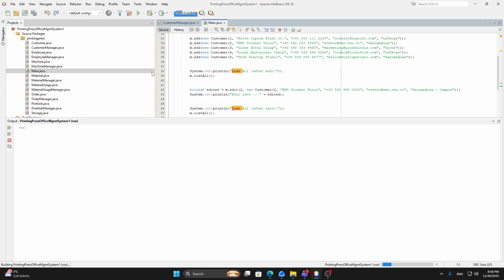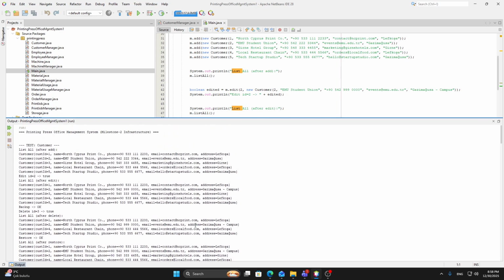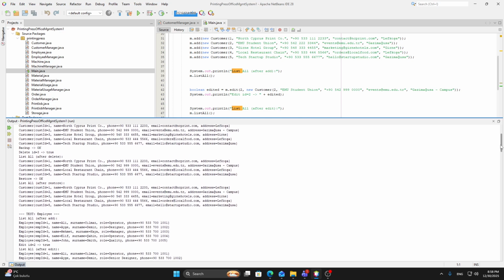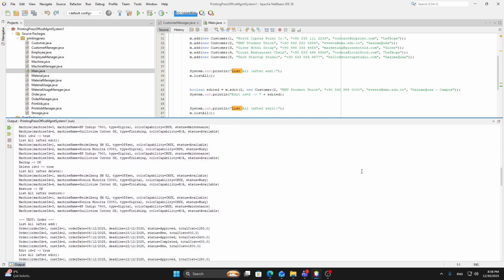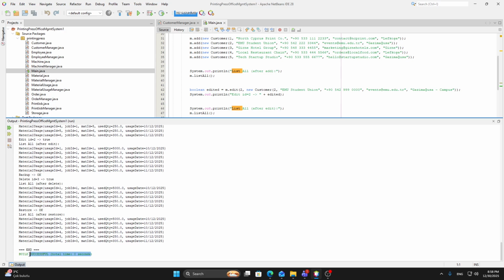Let's start my console. This is my console output. As you can see in the output, all operations are executed successfully. The backup and restore functions correctly recover the deleted data, and there are no runtime or compilation errors. The same test process is applied to all classes in the system. Let me show you slowly like that. As you can see, there is no error.